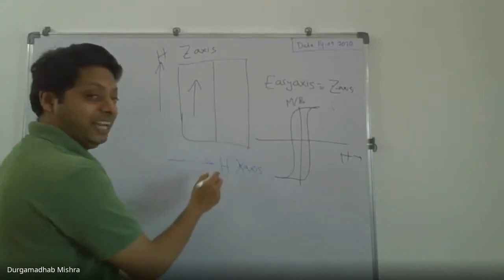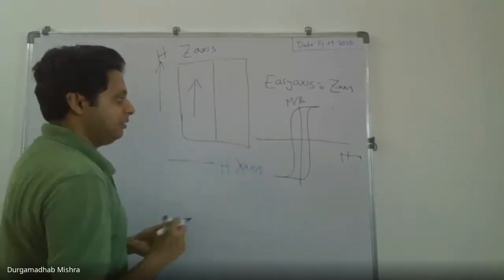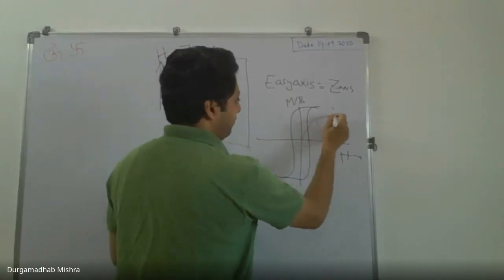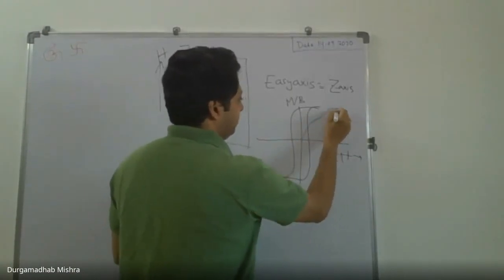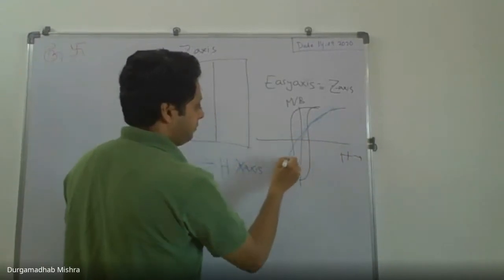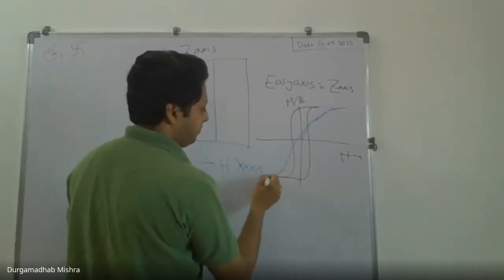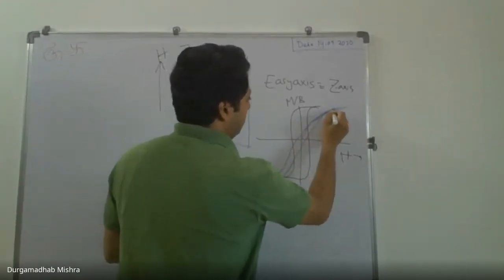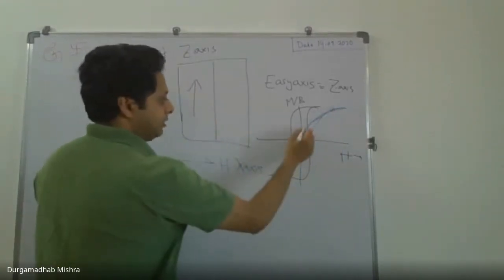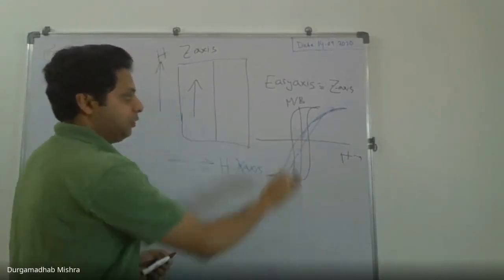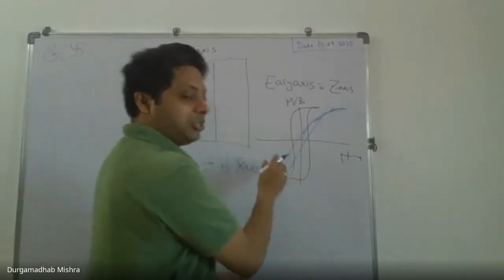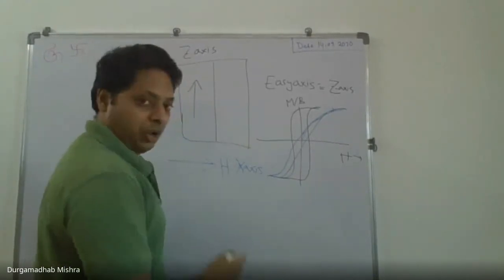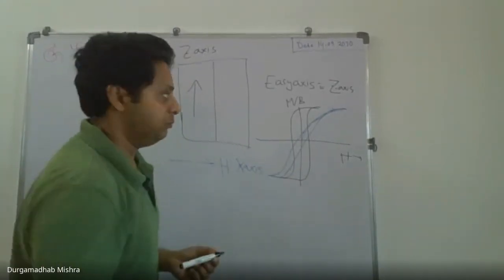If I apply along the x-axis on the same sample, it will look different, something like this. It is tilted and doesn't really show a real hysteresis loop, not very much like a normal hysteresis loop. So this is called a